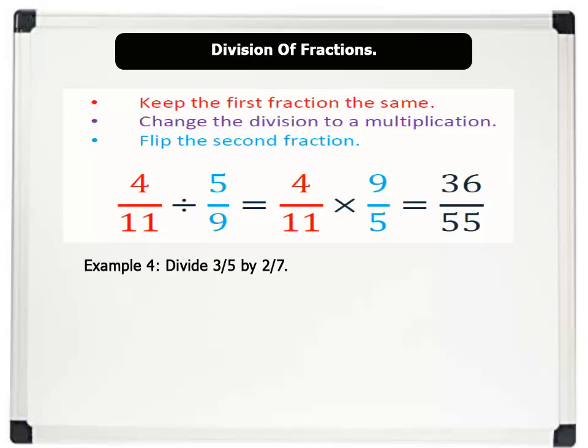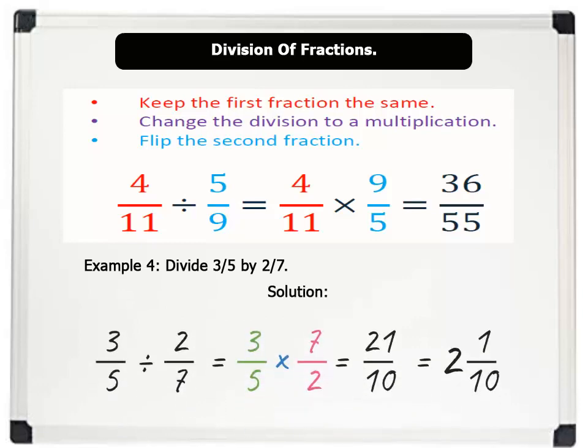Divide 3/5 by 2/7. Solution. We keep the first fraction, 3/5, then change the division sign to a multiplication sign, and then flip 2/7 to 7/2. 3 times 7 equals 21. 5 times 2 equals 10. 21 over 10 equals 2 whole number, 1/10. That's beautiful. Finally, let us see word problems